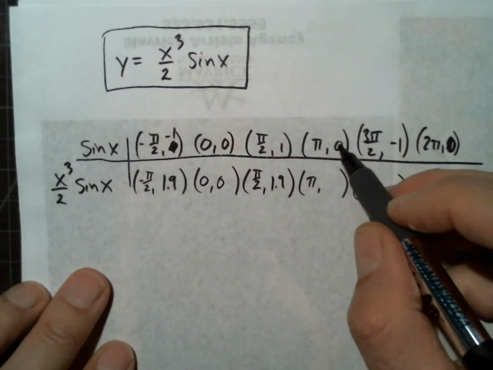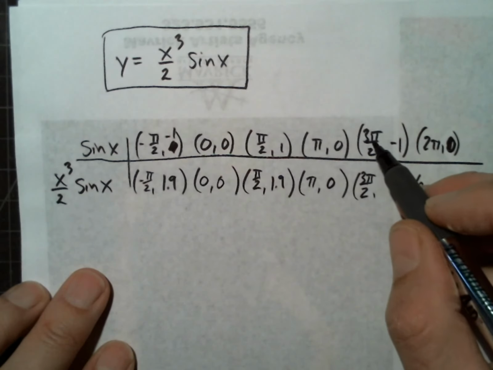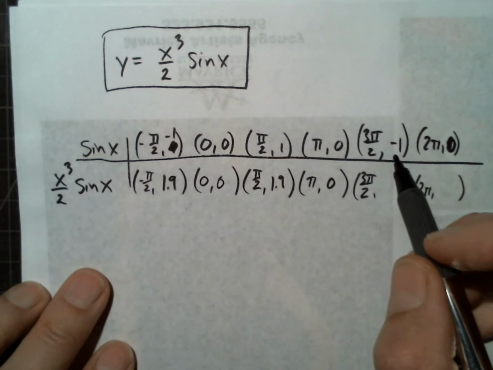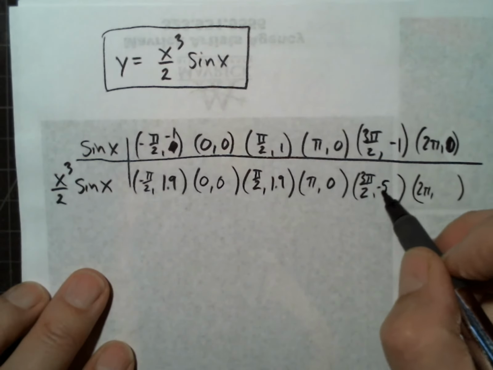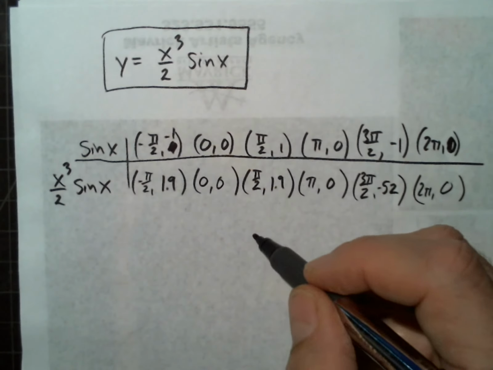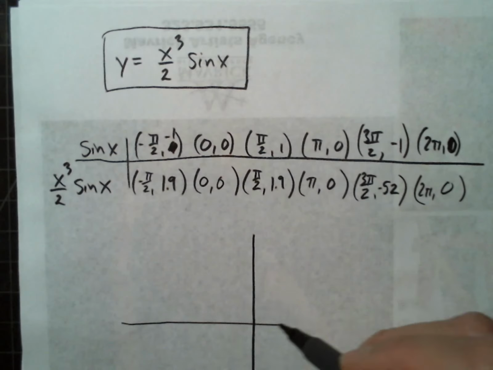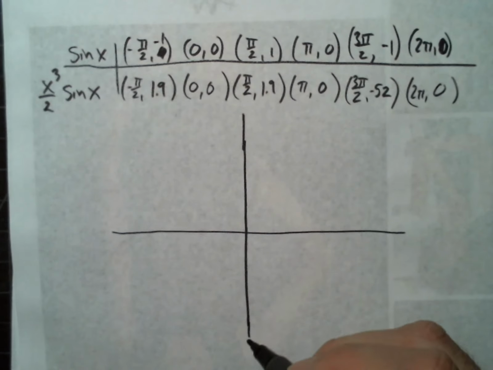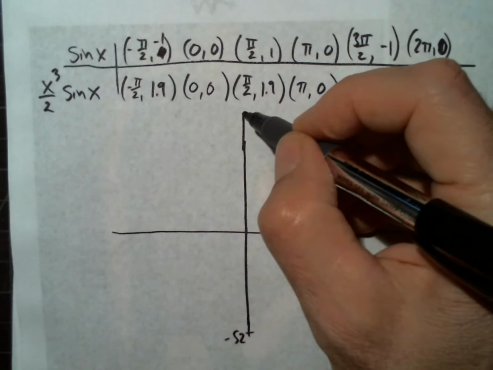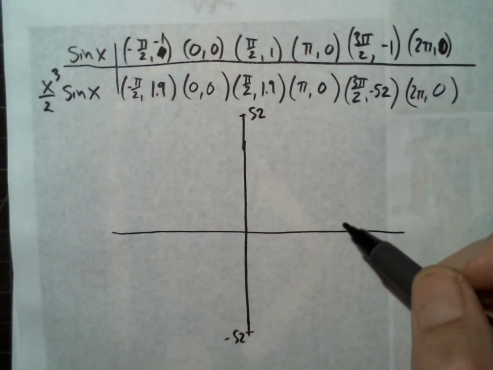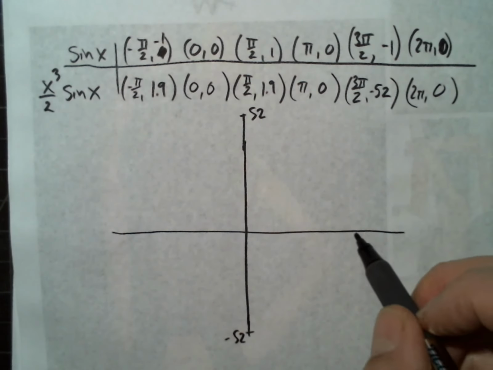And here we're multiplying anything times 0. We're going to cube this, divide it by 2, multiply by -1. So that's -52. And then we go back to 0. So we know we have to go to -52, +52, and